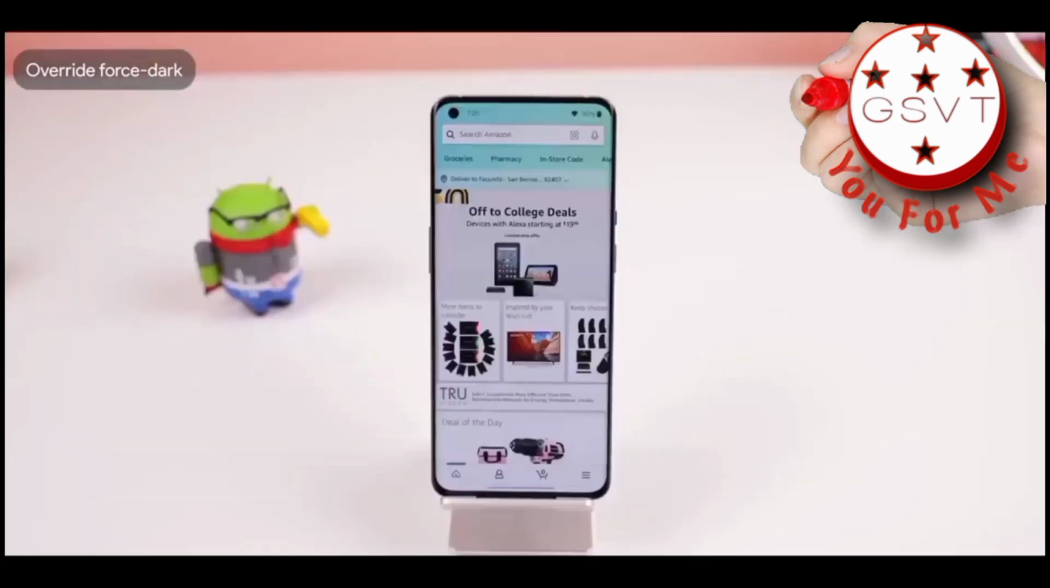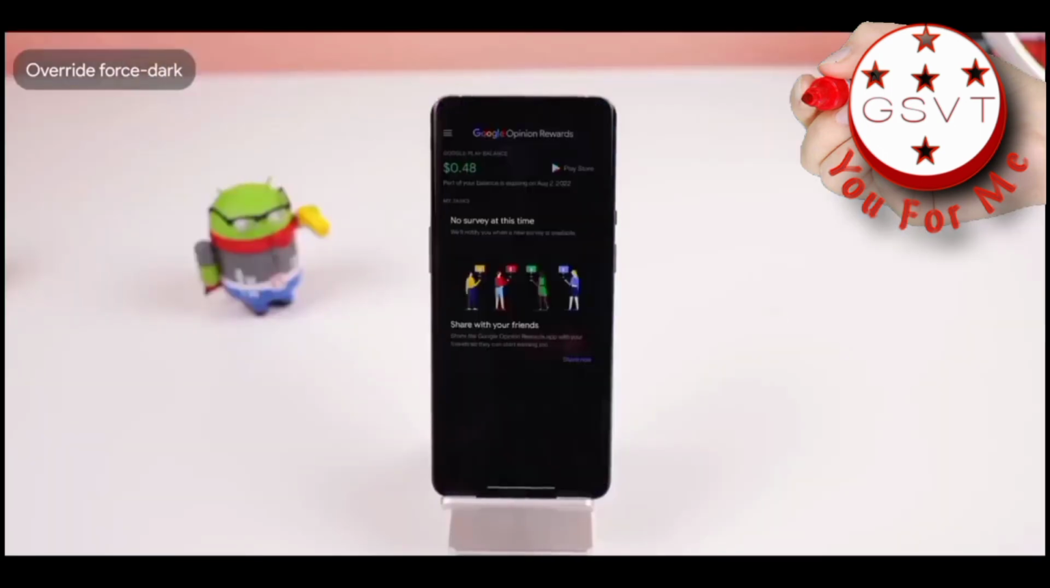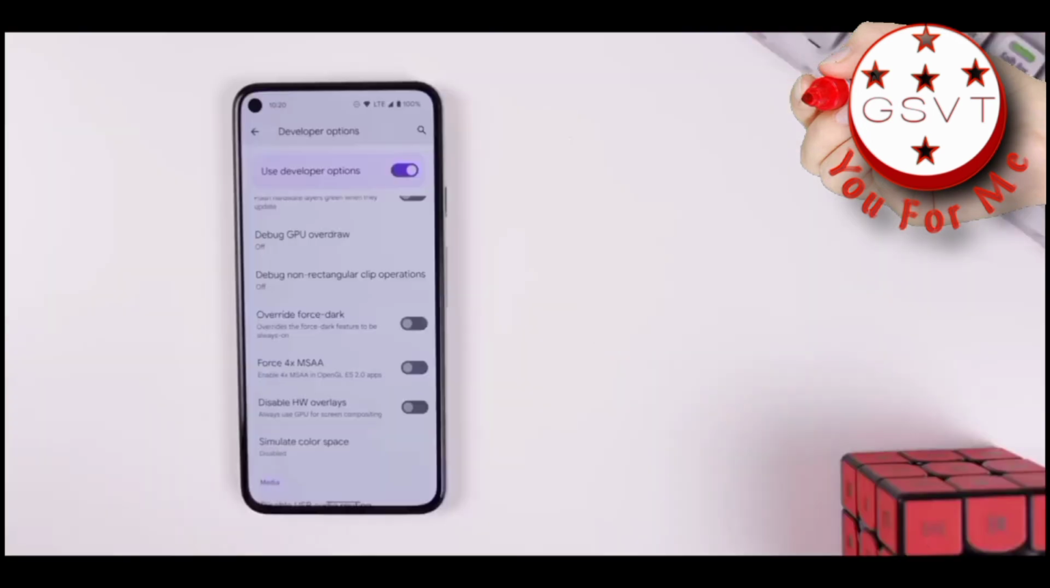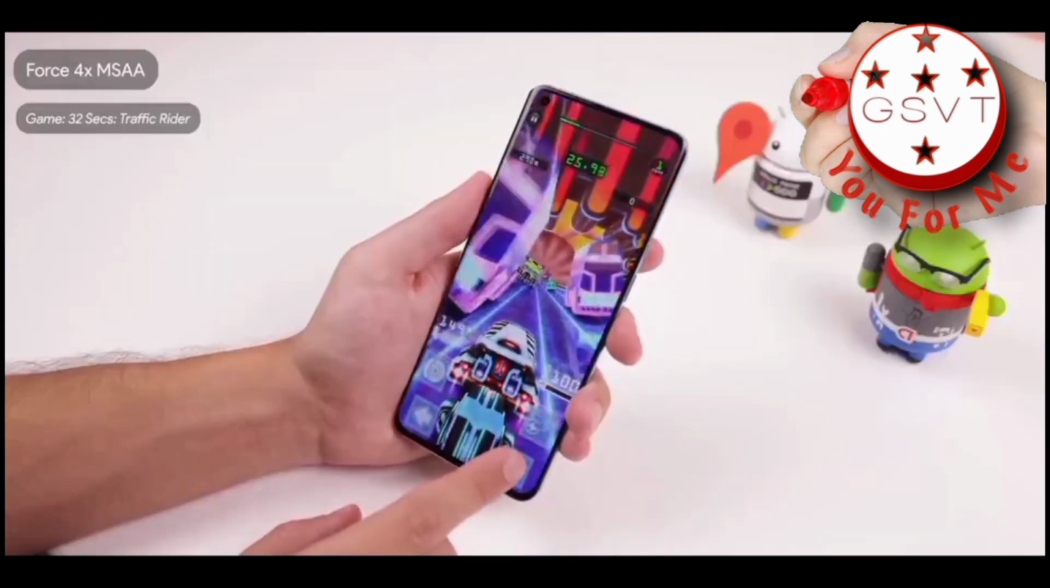It forces most apps that don't have a dark mode to have one. So apps like Amazon, Google Opinion Rewards, and Geekbench 5 can now all have a dark theme with a simple switch of a button. Force 4X MSAA is for gamers to help them have better graphics and improve the overall